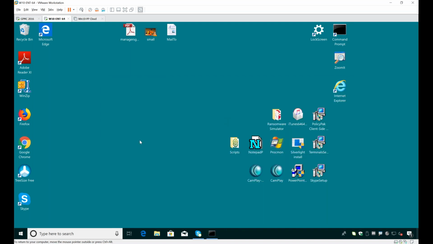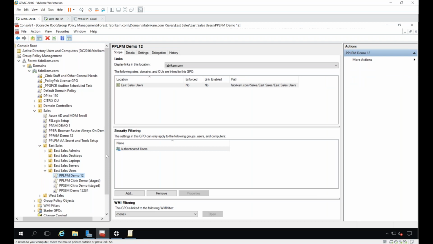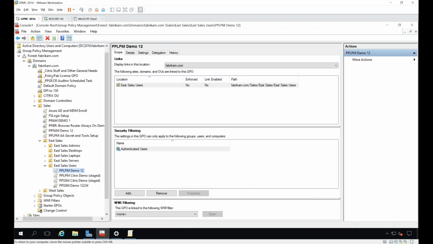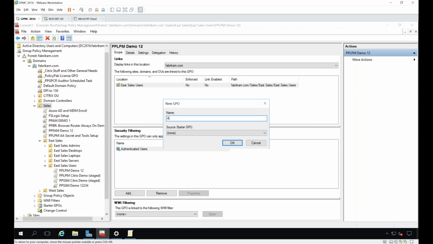Okay, and then lastly, not really a full demo. I just sort of want to talk about the idea of getting out of the too many freaking GPOs business. We're going to slow down a little bit, and this will be the last thing I think we do. So here I've got all these group policy objects, which is kind of a shame. Wouldn't it be great if I could compress them into one group policy object? I like to call this a big old GPO with brains.